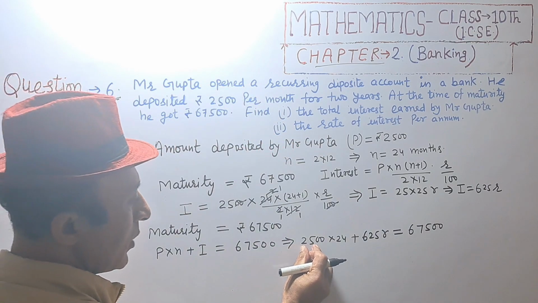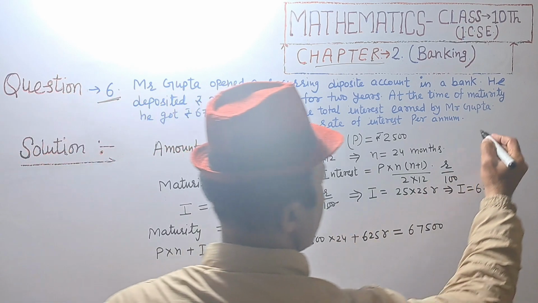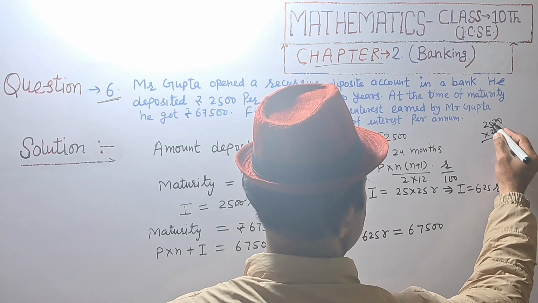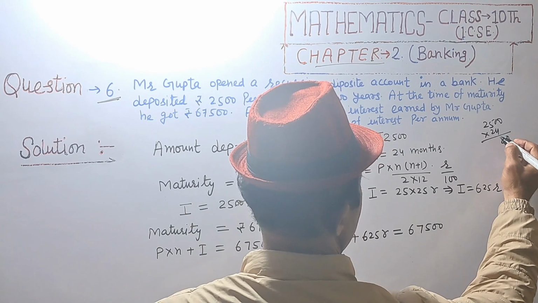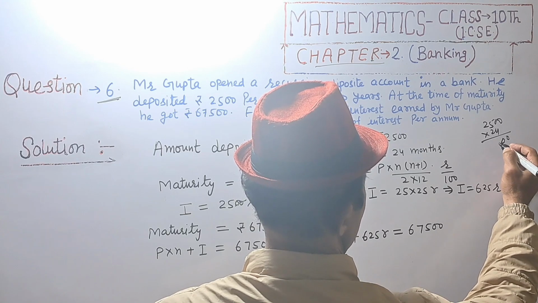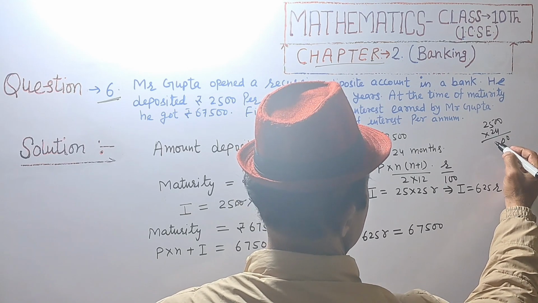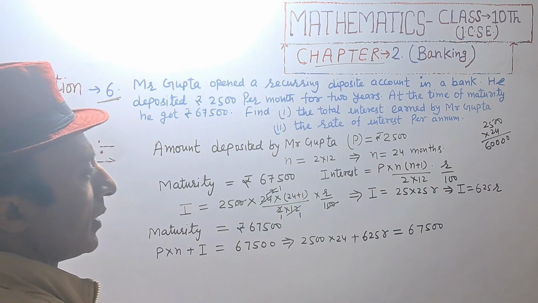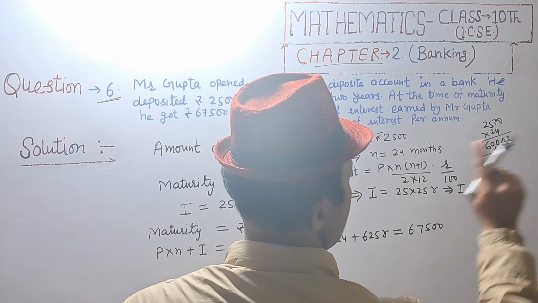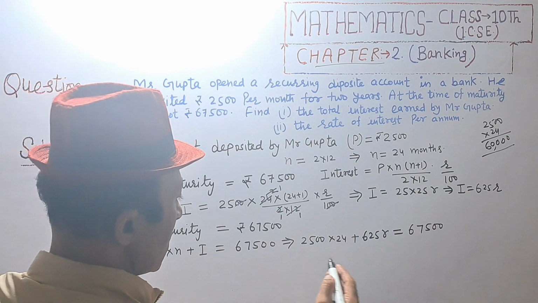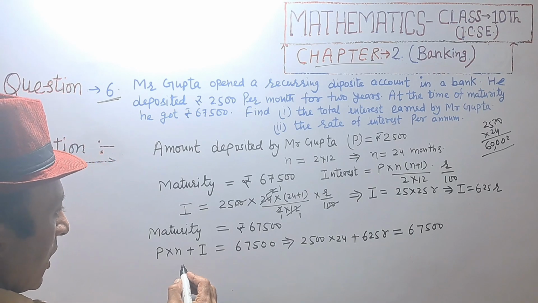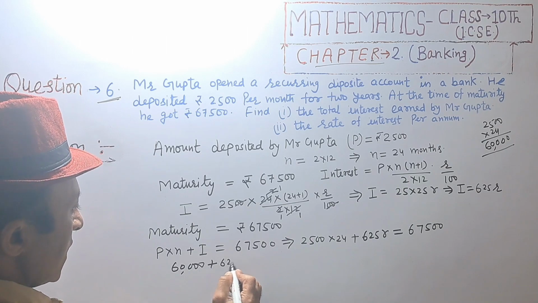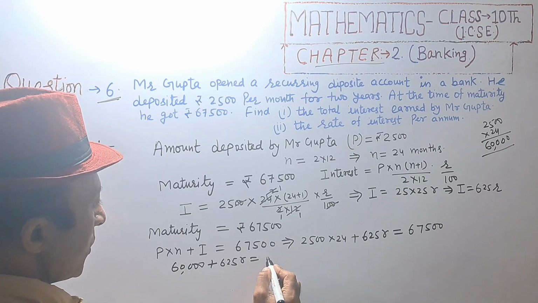Multiplying 25 into 24, that is equal to 600, and this is 60,000. 60,000 plus 625R is equal to